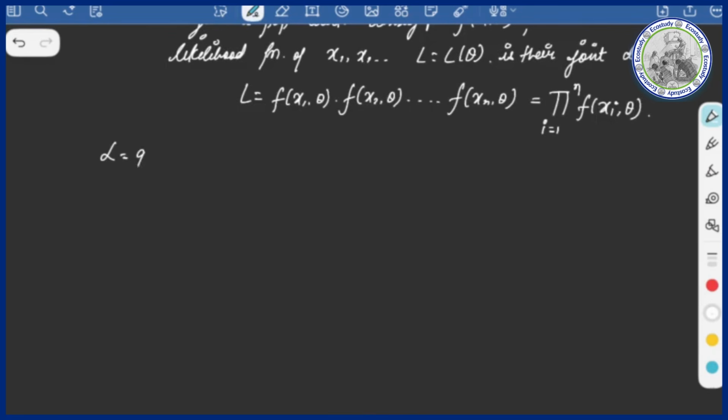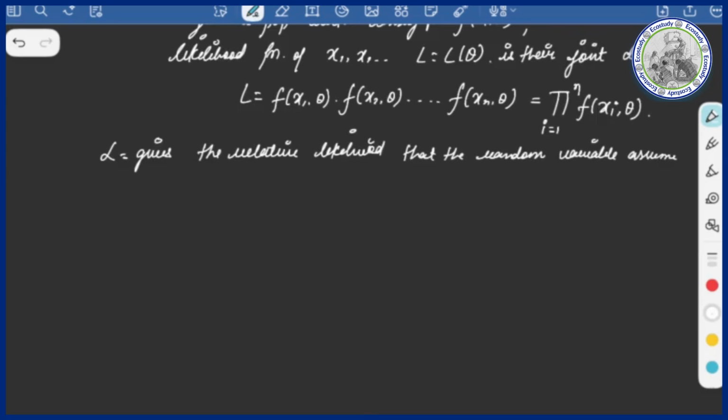where L gives the relative likelihood that the random variables assume a particular set of values x1, x2, ..., xn. Okay, now